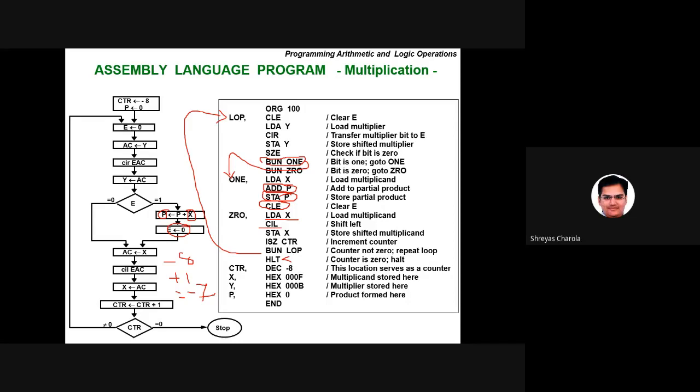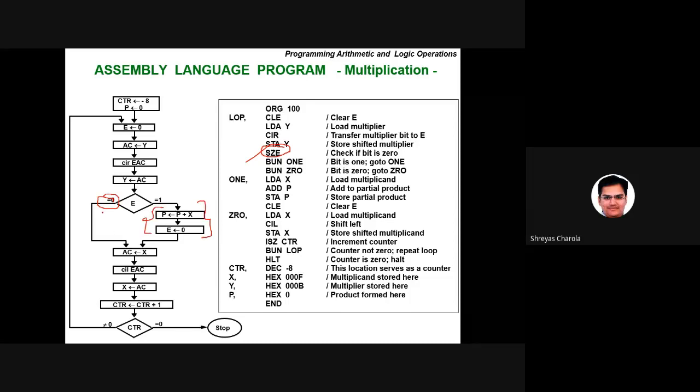Is it clear? The condition for 1 is clear? Yes or no? Now let's suppose consider the condition. When you are looking for this, the value is 0. That means you don't have to do the addition. You need to skip this step and directly you need to go here. That means it will skip this step and it will go here. But here the branch unconditional BUN directly will go to this label. So it will skip the rest of the steps and it will directly go here.